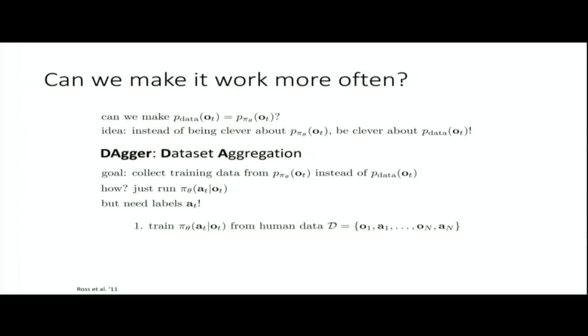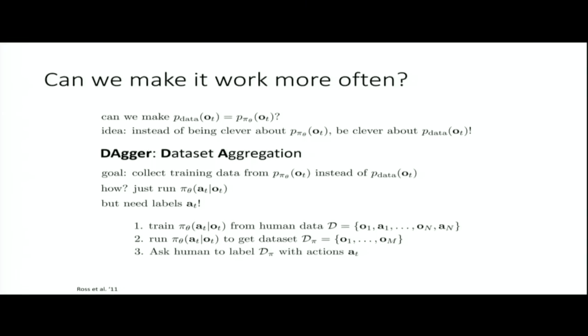So here's how the DAGGER algorithm works. First, and this is, by the way, a simplified version of DAGGER. The full algorithm is a little more general, but the simplified version works like this. Step 1, do the standard thing. Train your policy pi on your big bucket of data from your human drivers. Step 2, run your policy pi to collect observations. So you run it, leave your camera on, collect your observations, hope that nothing horrible happens, and you get a data set of observations that now come from p pi.